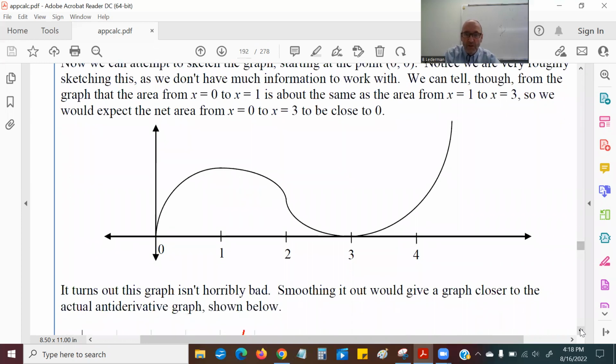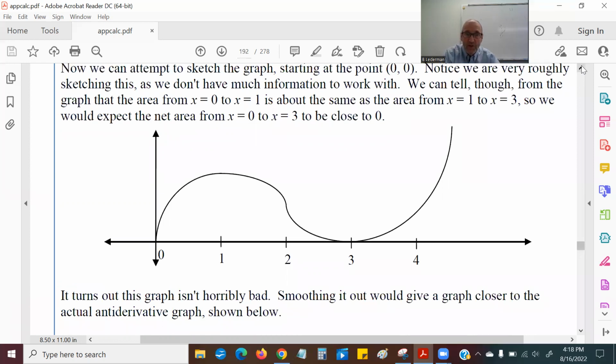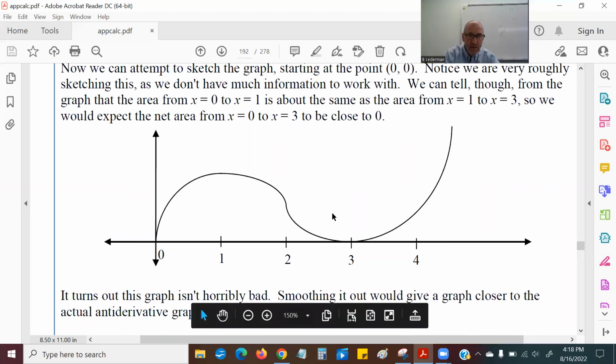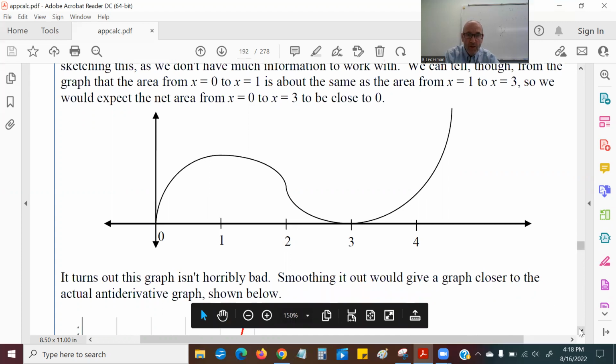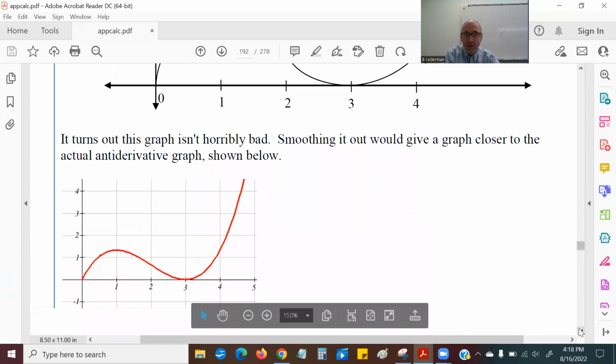So that's the graph. I'd love to show this to you in Desmos, but I can't because they never really told us what the function is. They just gave us this raw information. Now if we smooth it out, this is not so horribly bad. The graph would look more like this, which is just a smoother version of what we had up there. So that's our graph of f of x, and it has all the same things. It's increasing concave down, decreasing concave down,